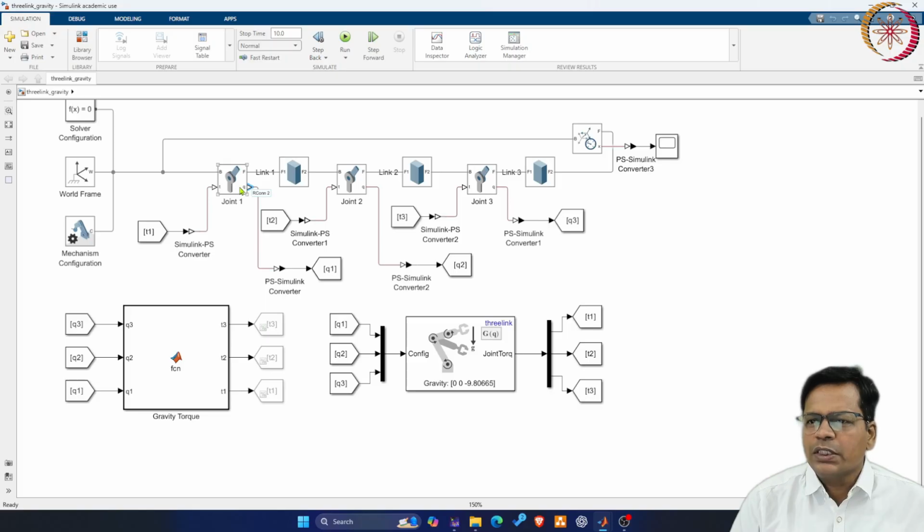Whatever joint angle we are sensing is converted using the PS-Simulink converter, and it will be saved to the variable named Q1, that is, joint angle 1. Similarly, the input block over here is T1. T1 is the runtime variable which is the outcome of gravity compensation torque. That torque will be applied to the joint.